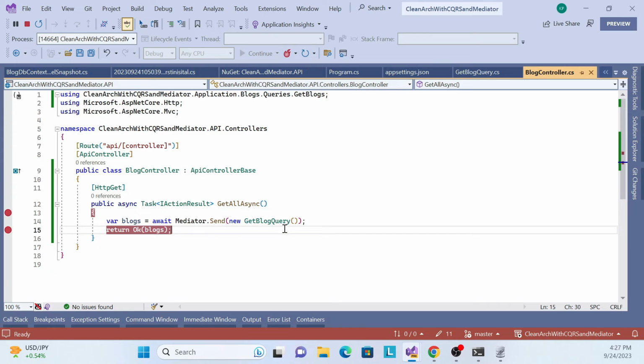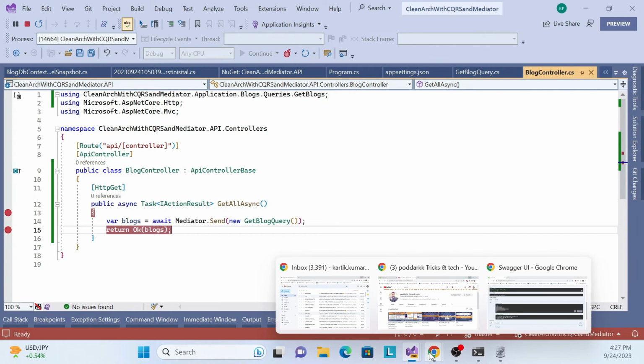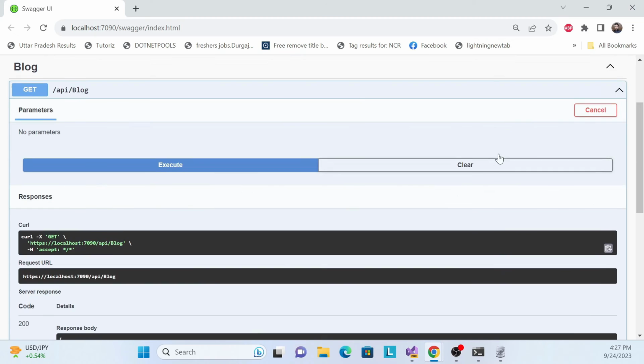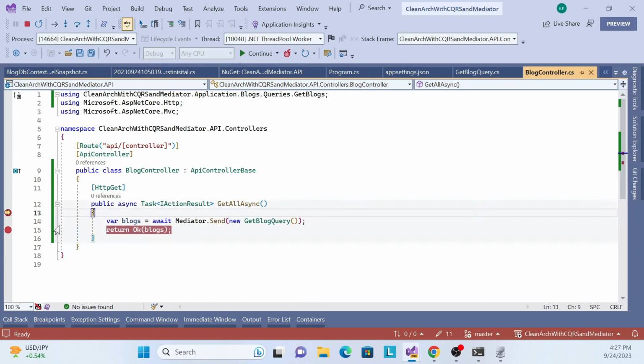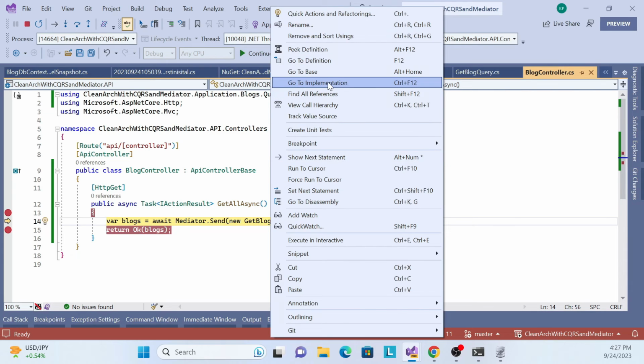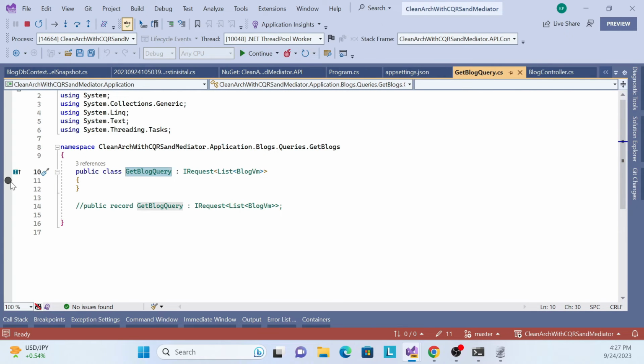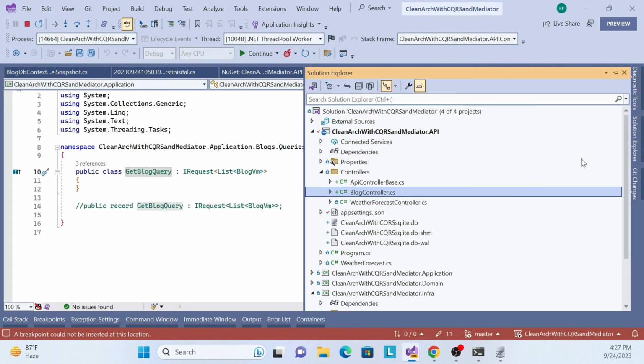Okay, let me debug finally over here. Okay, and let me debug. Okay, let me execute. See, debugger is here. Go to here and go to that class, go to implementation. Okay, click here. Okay, there is no, we can't put it over here, but yeah, where I can handle this request, you can put